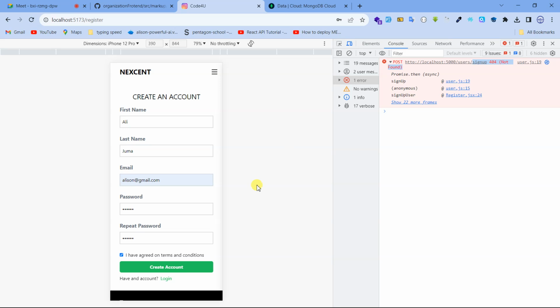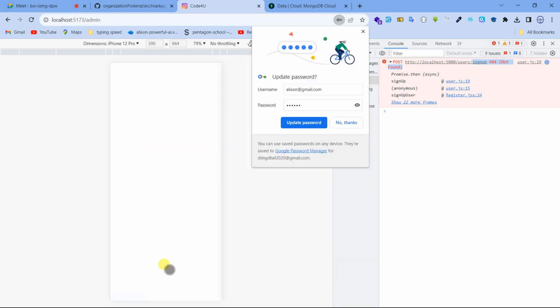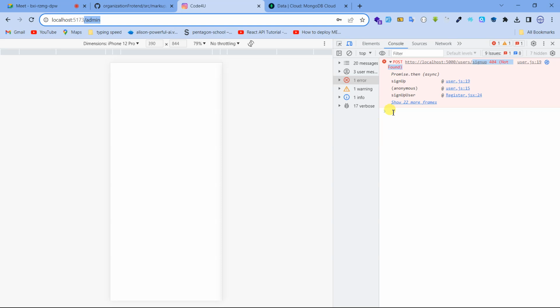So let's create account. Now I've put like this. The first thing you can see, it has pushed us into admin. Okay, next here there is no error. They ask me to update the password. Okay, here there is no error. And now if you go here,